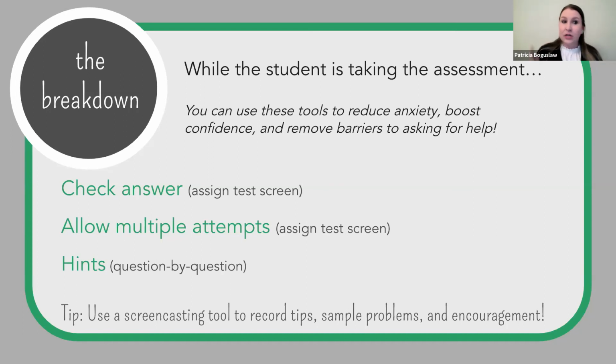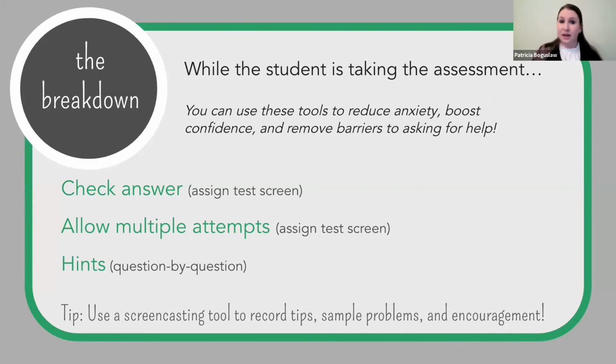When you allow them to check their answer, and I don't give them limitless answer checks, I give them one, maybe two on certain assessments, you get some major cool points like, oh my God, they feel like they're cheating, they feel like they're getting away with something. And it helps build their confidence because they know, okay, when I take this, I might get it wrong on my first attempt, but then I get another try. It's not one and done. It's not where I move through the test, I hit submit, and I have that horrible pit in the feeling of my stomach where I don't know what my score is going to be and I think I failed it.